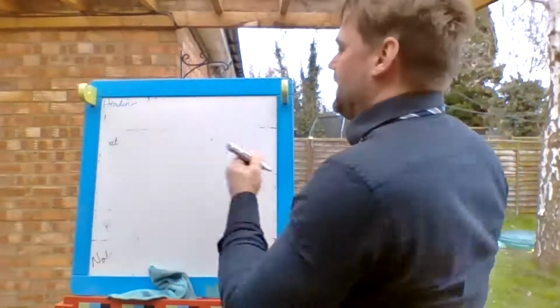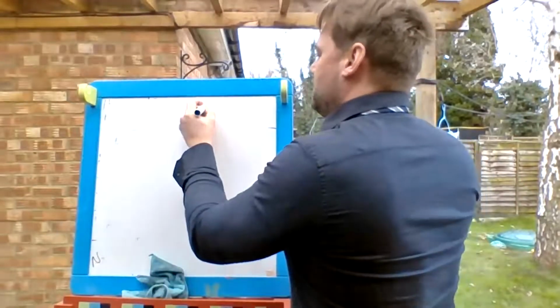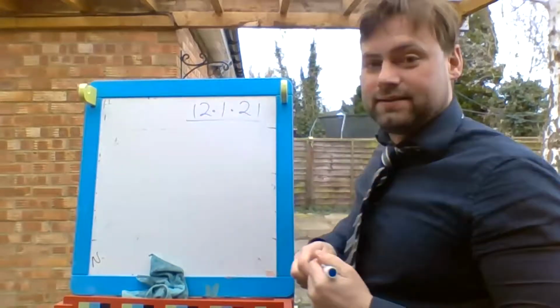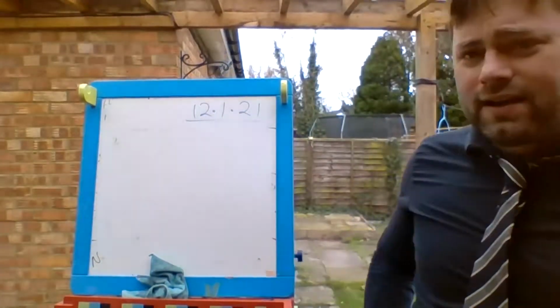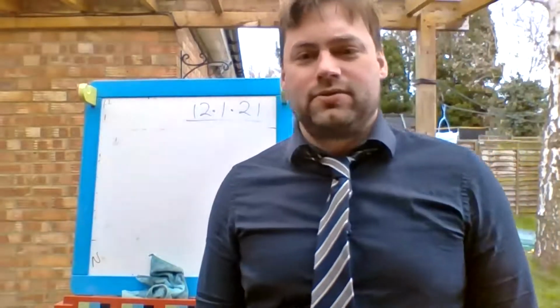2021. Write the date in the number format of 12.1.21. Align it. Okay, in the last lesson we were looking at some strategies to help us multiply two-digit numbers by